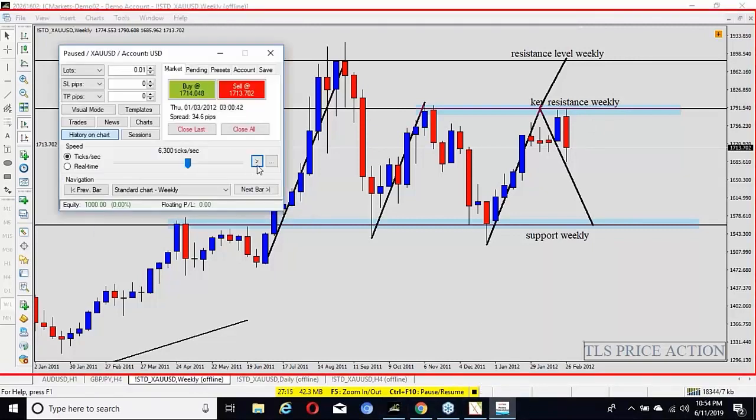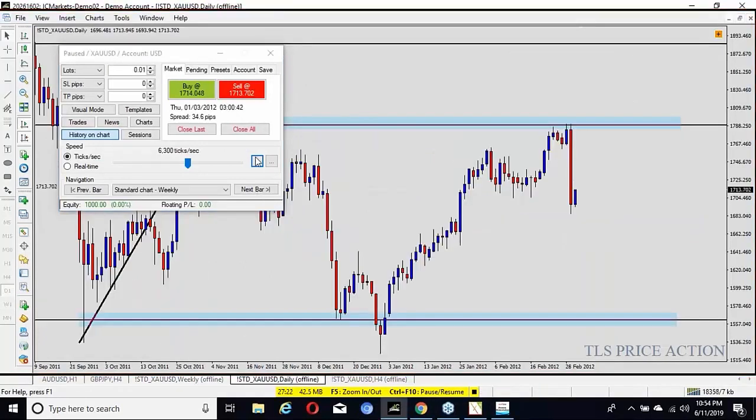All right. Let's see what the next candle does here. Perfect. Now we have a candle moving down, right? Now, is this still a good trade? I would say